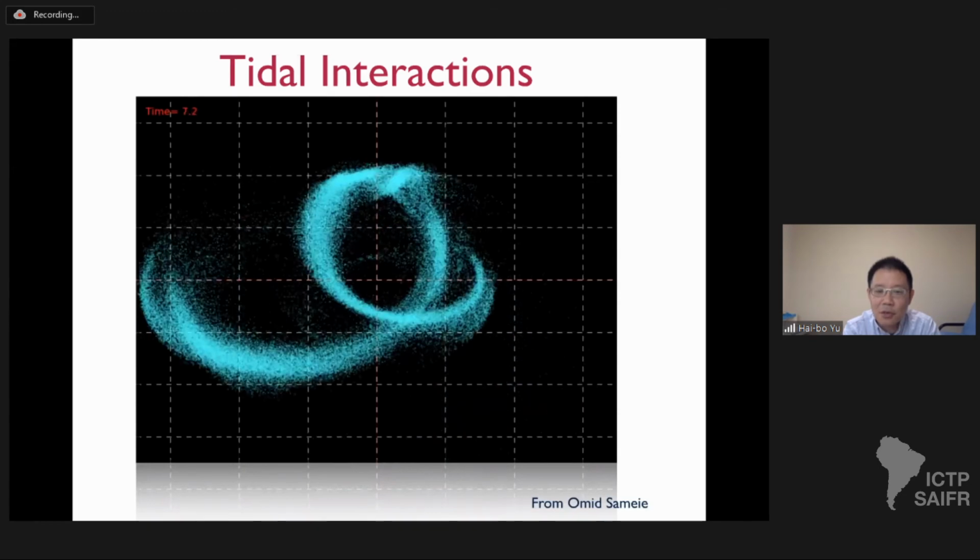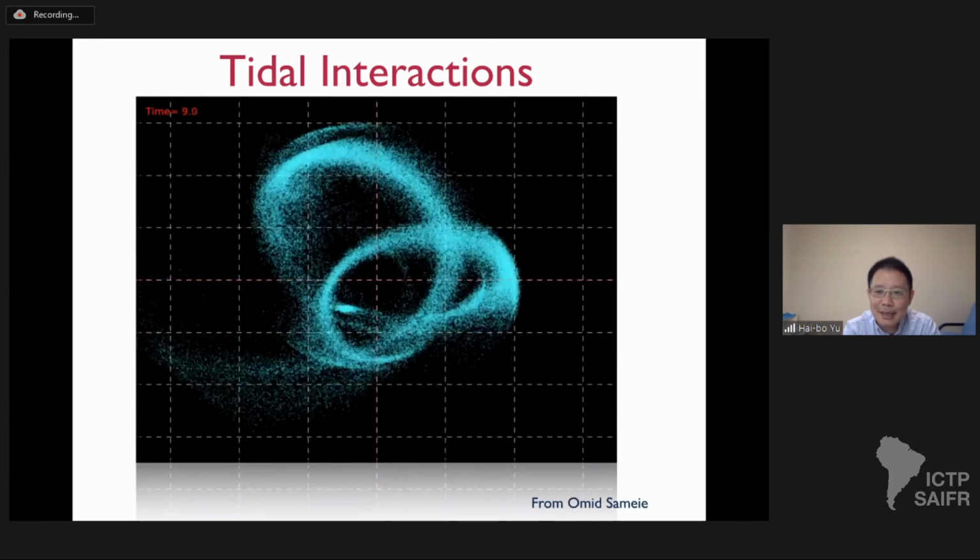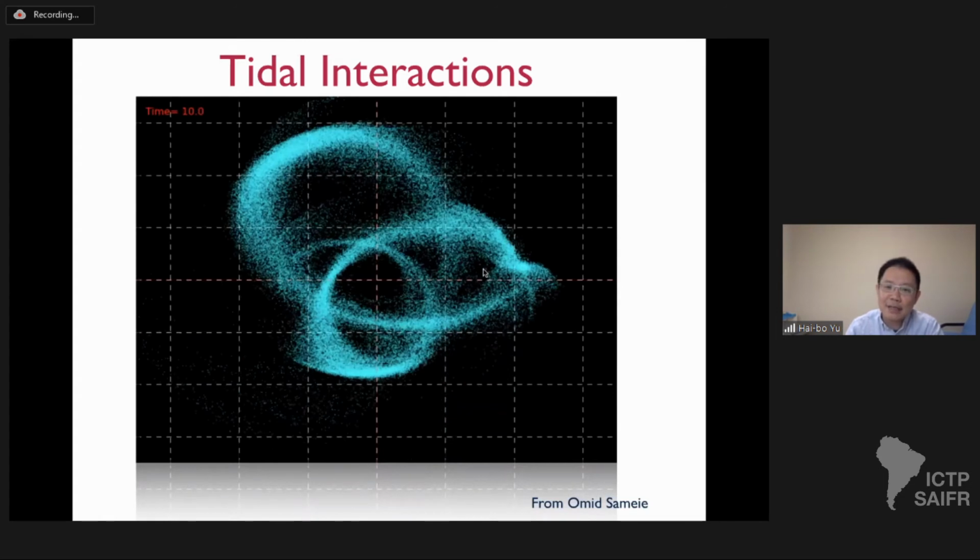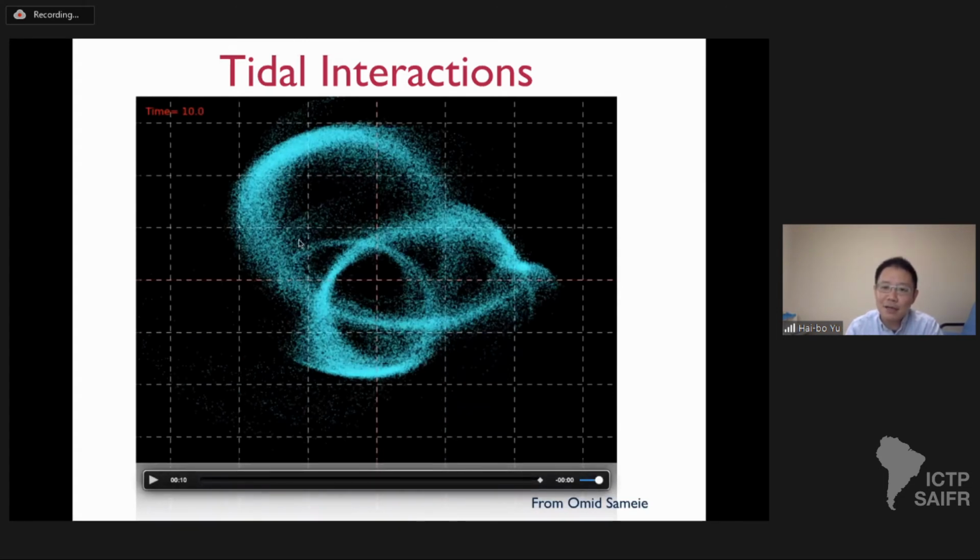Right. So what you see is that after this halo evolves inside the tidal field, you could not even identify where it is after the evolution. The reason is that the tidal interaction has stripped away more than 90% of the halo mass from the object. Right? So you have to take this into account, which is really a nonlinear process.